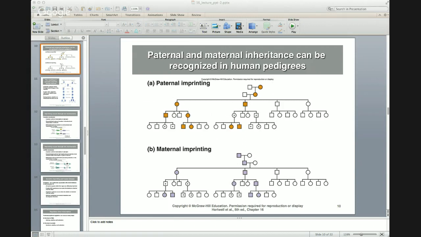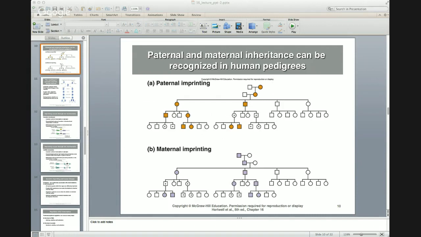So how does imprinting occur? There are two mechanisms by which imprinting occurs. One is known as the insulator mechanism, which helps to control imprinting. The example we're seeing here is with a gene known as IGF-2. IGF stands for insulin growth factor, and this shows how the insulator plays a role in imprinting.